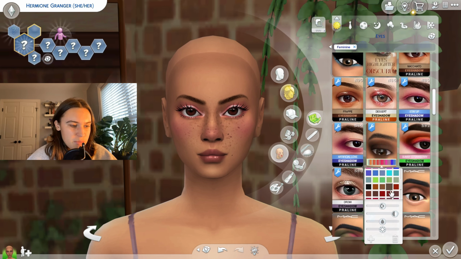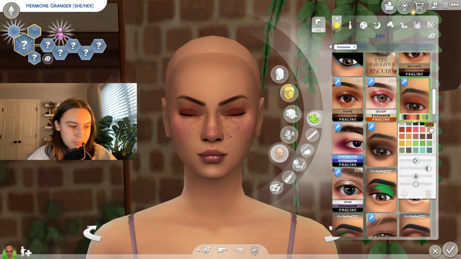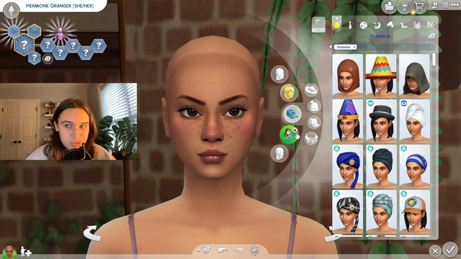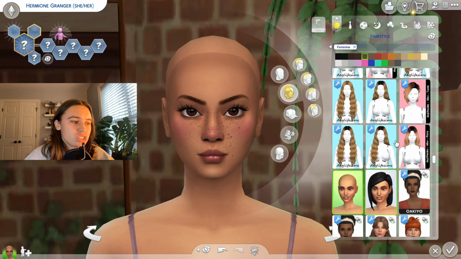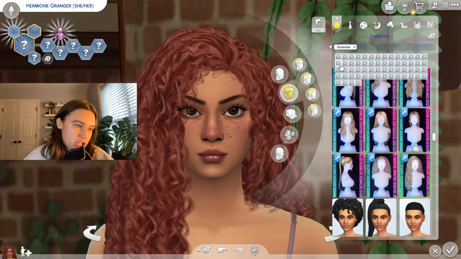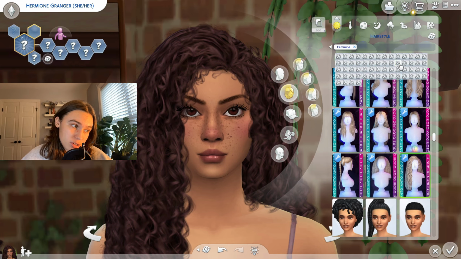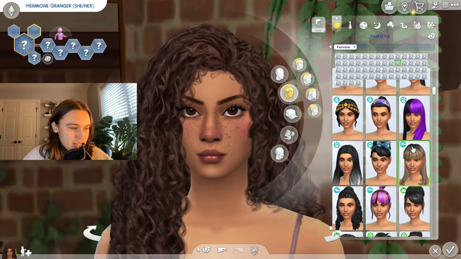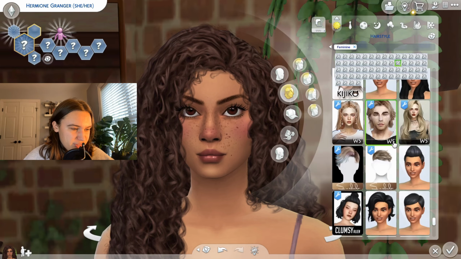She's kind of a mess, but she's Muggle born also, so she had to try extra hard in her wizarding studies to keep up with people who grew up as wizards. I liked this hair, but I feel like it wasn't big enough for her,